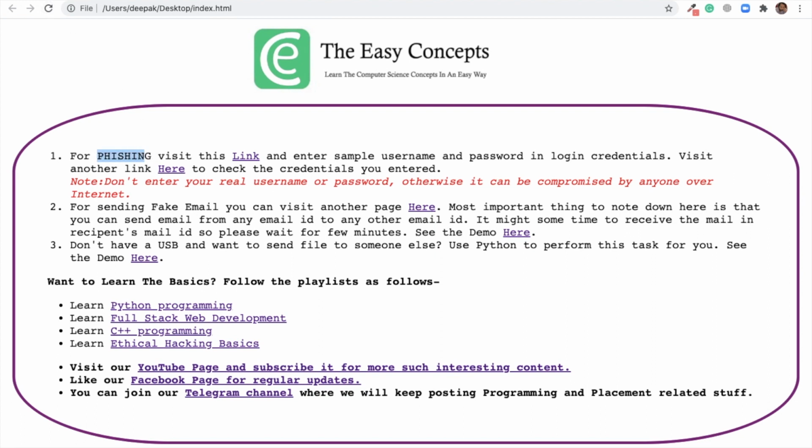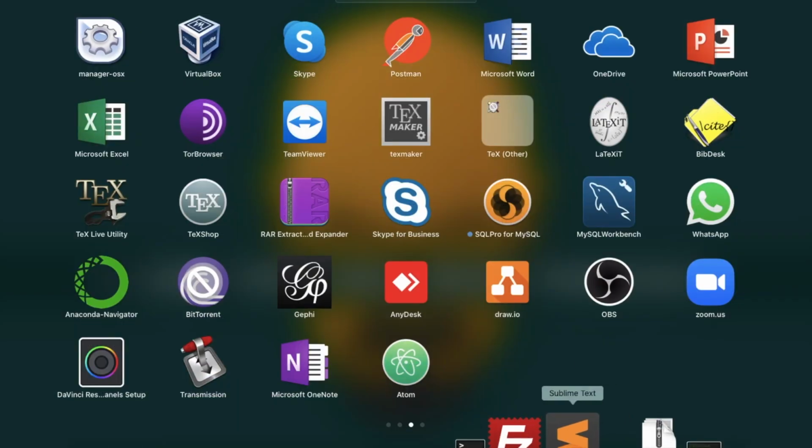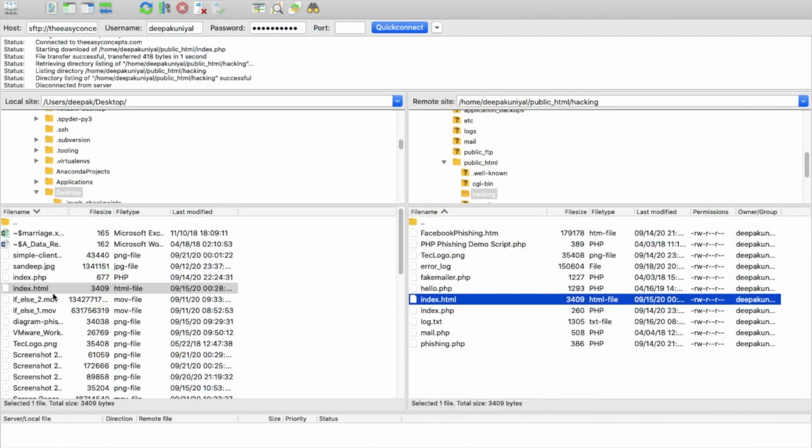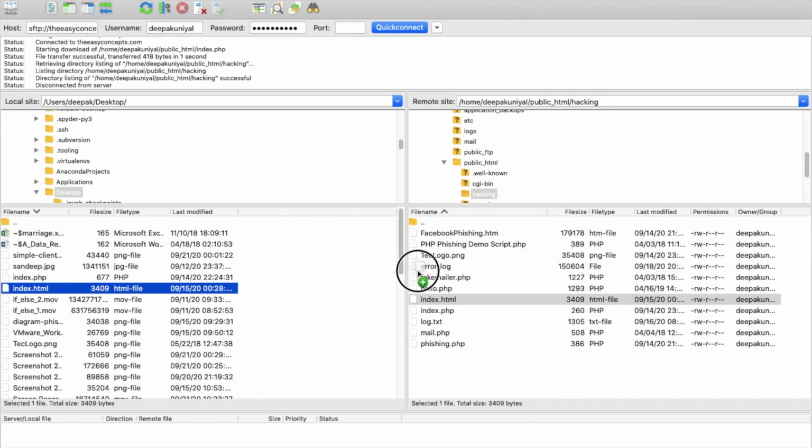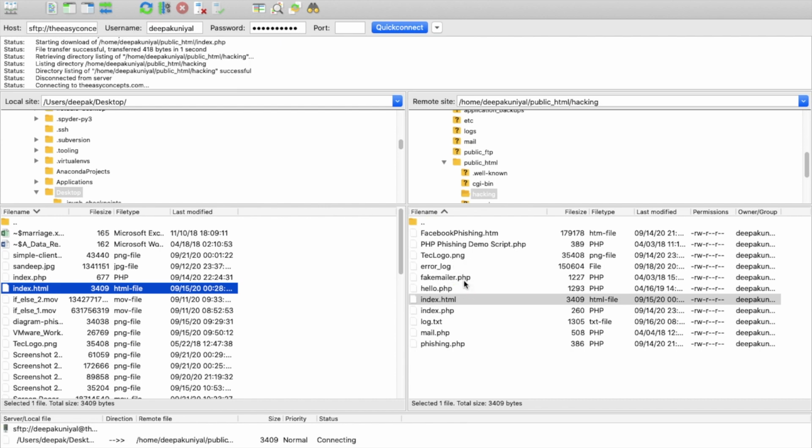It is in the local system, but if you look at the remote, you can see it is still in small, right? But I want to change that. So you have to use FileZilla for that. Just save this file first, go to FileZilla and drag this file from here, and you can see that this file is uploading to the server.